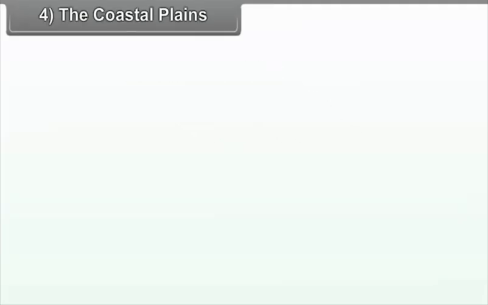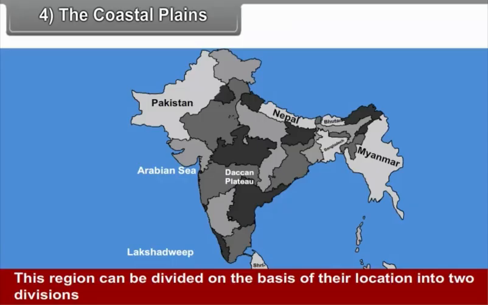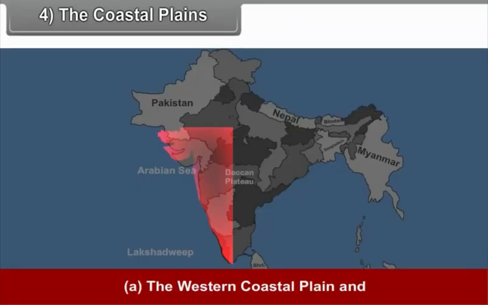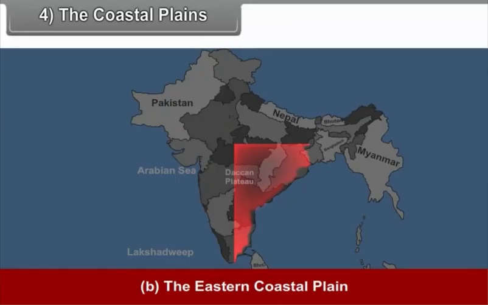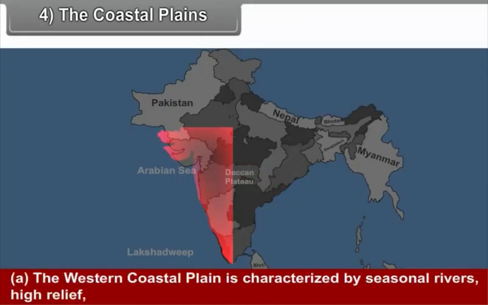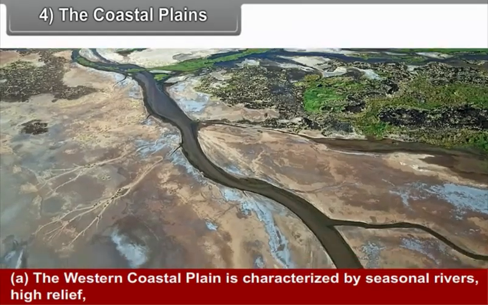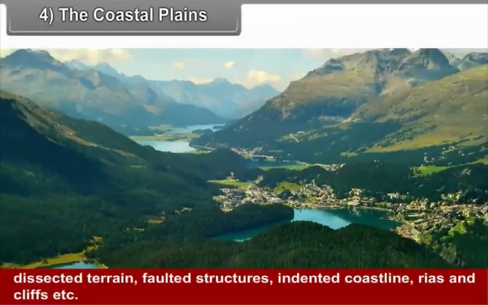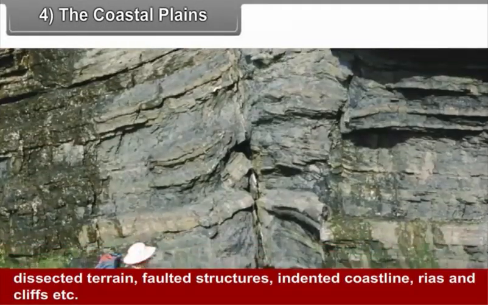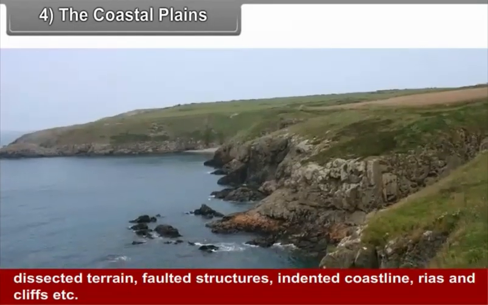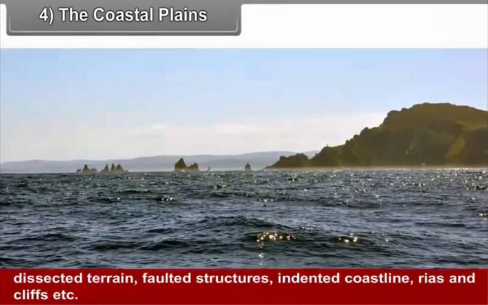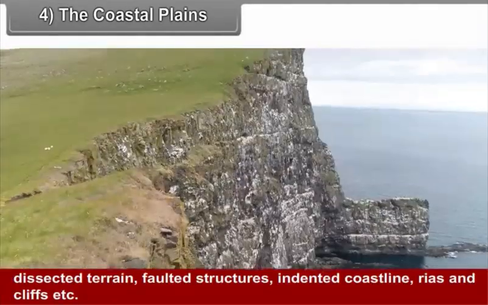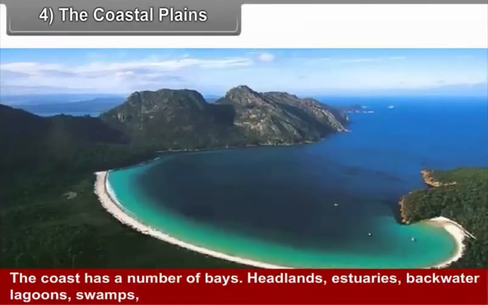4. The Coastal Plains. This region can be divided on the basis of their location into two divisions: the western coastal plain and the eastern coastal plain. The western coastal plain is characterized by seasonal rivers, high relief, dissected terrain, faulted structures, indented coastline, rias, and cliffs. The coast has a number of bays,